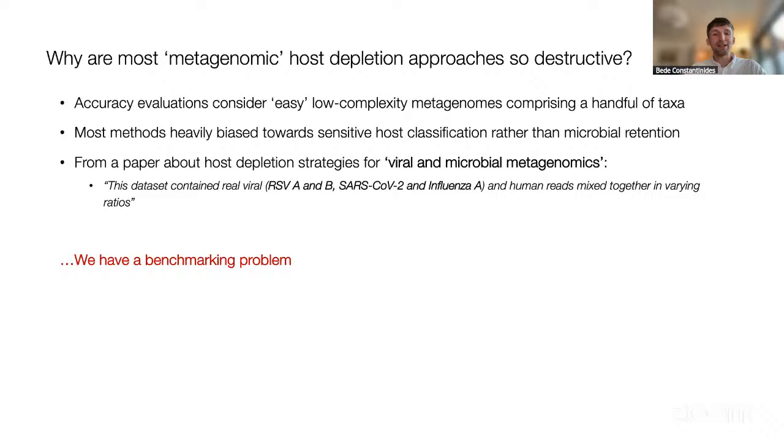So perhaps it's not surprising that they may not perform so well in that context. I think more concerning are the papers, of which there are several, which evaluate metagenomic host depletion despite only considering a handful of taxa. And I'm of the opinion that if you advertise a host depletion approach as being suitable for metagenomes in the title of that paper, you should probably evaluate more than three viral taxa and no bacterial taxa, as in the case I'm thinking of, which I've quoted a little part of here. So as a result of quite limited benchmark data sets, the sensitivity and specificity trade-offs for many tools are, in my opinion, quite problematic.